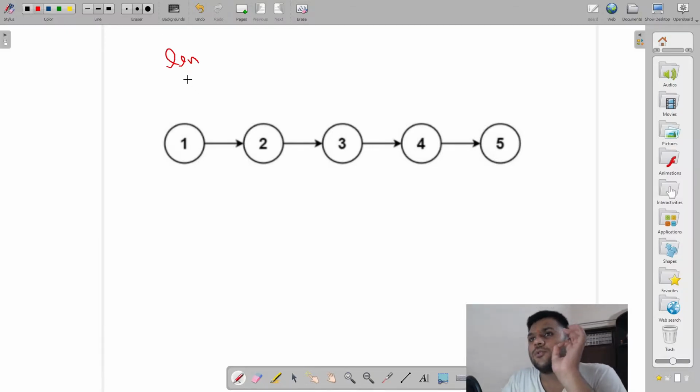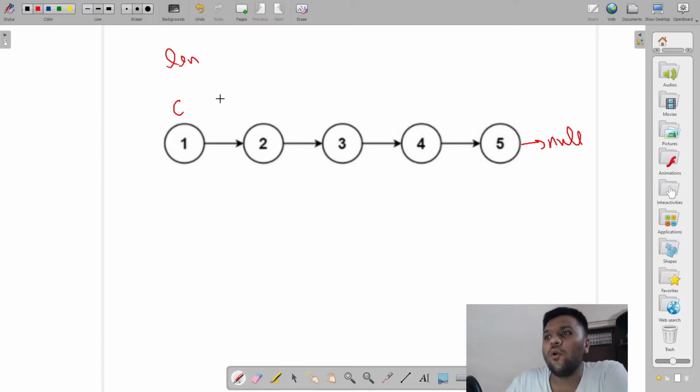So my first job is to calculate its length, and I will use, let's say, a current pointer to calculate it. My current will help it to not reach the null. Once I reach the null, I will simply stop calculating the length. Okay, so what will happen? I will go one by one. Once my current pointer reaches over here, I have its length. So its length is 5. And my current is at null.